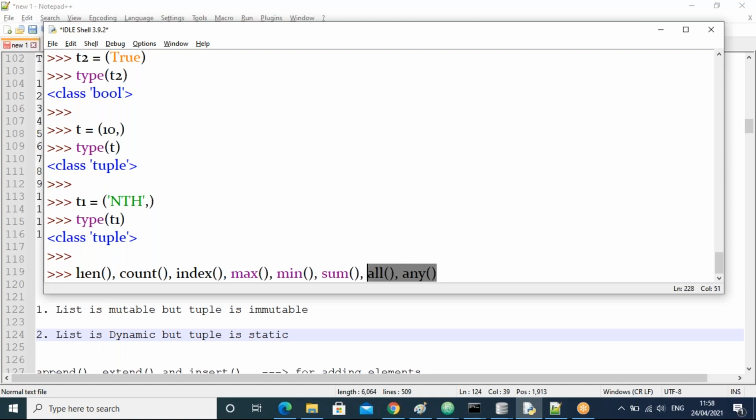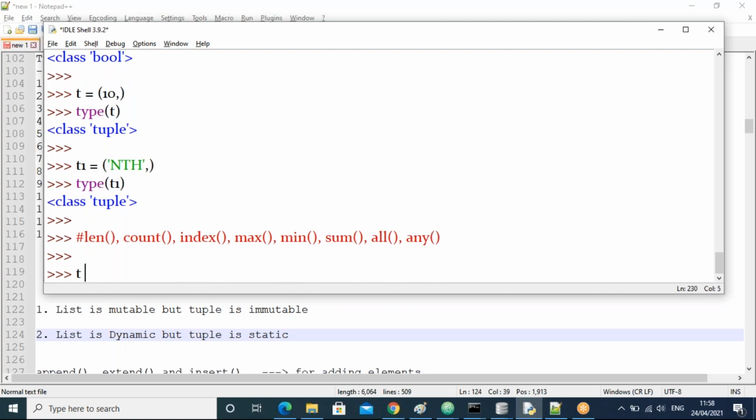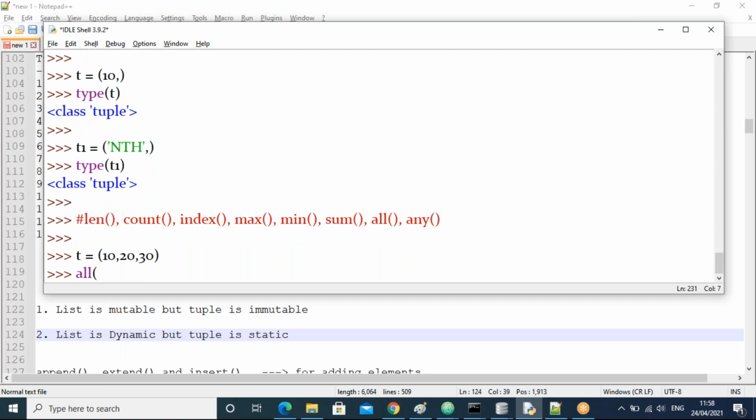Let us see now what the all and any functions are. All of you observe very clearly. So I'll take one tuple of 10 comma 20 comma 30. Now all of t, guys.